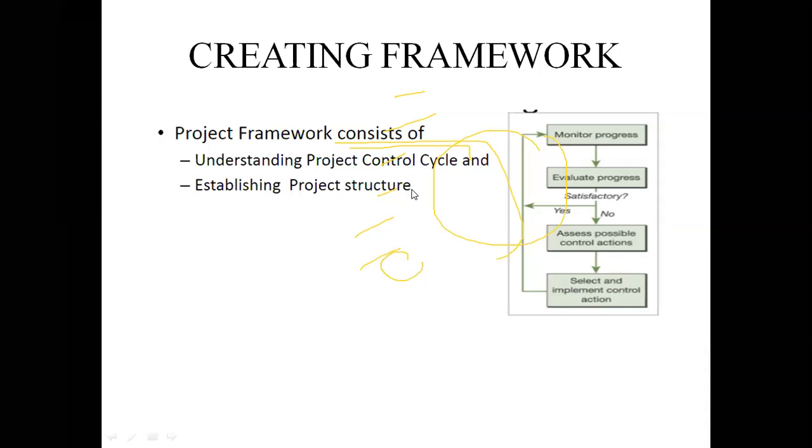Okay. So we can see this in the next slide. We already studied the project control cycle. So that is creating the framework.